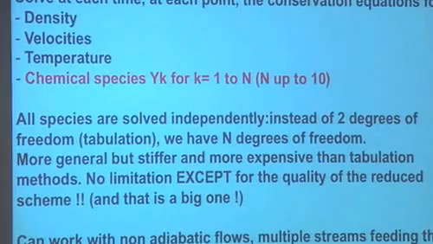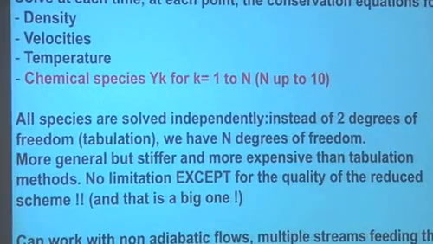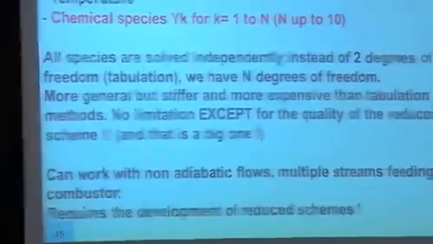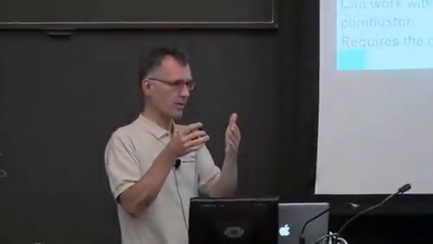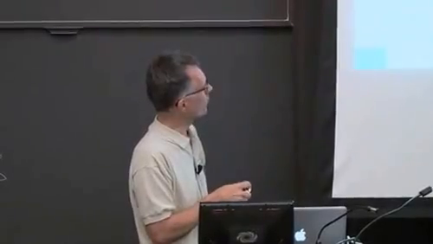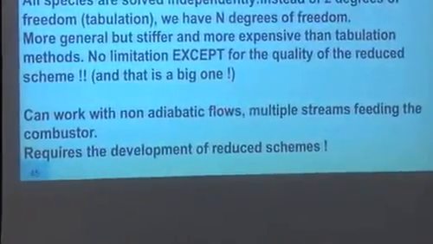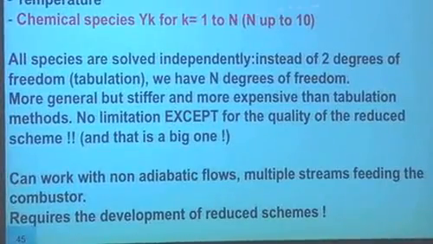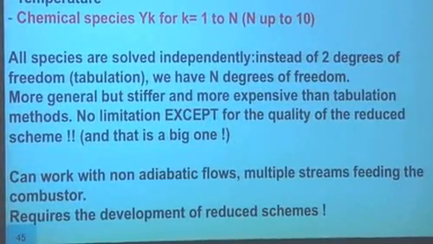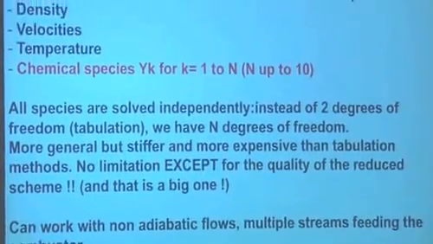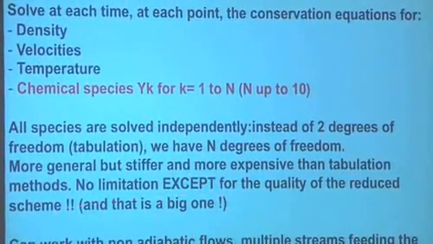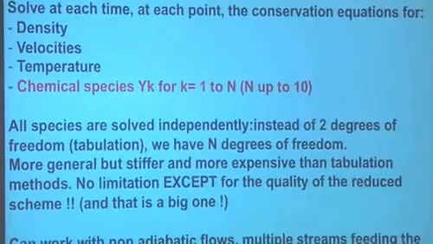For example, if you inject an additional species somewhere, it will be taken into account. Even though you cannot do that in the tabulation method. You have to stay in the limits of the tabulated flame that you took initially. So, for example, also if you have a heat loss, well, no problem. This will be captured naturally because in all the chemical species reactions that you have here, it's built in. There is no limitation to this approach except that you need the scheme. You need a reduced scheme.